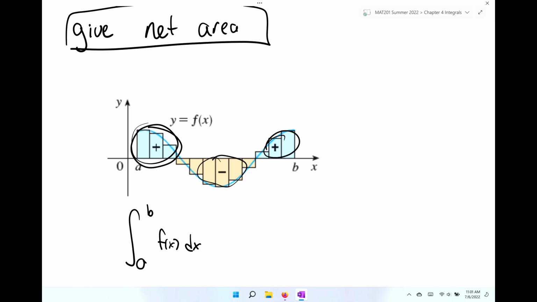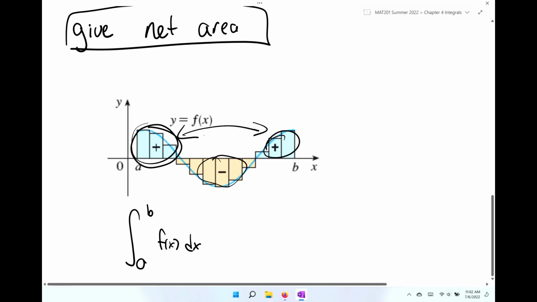So what's going to end up happening here is that if you use from a to b, you are going to get a net area. It's going to add these two areas together, and it's going to subtract this area away. Now, a way to get around that